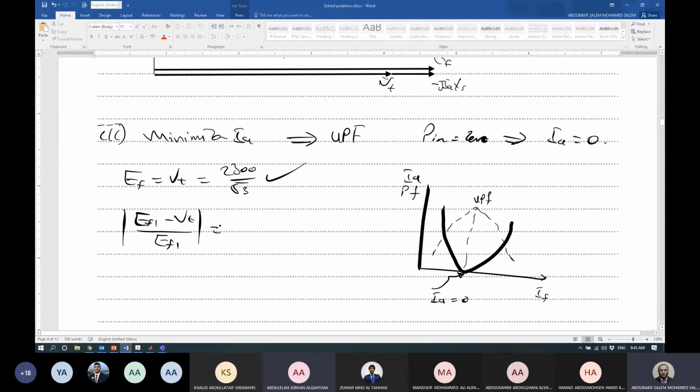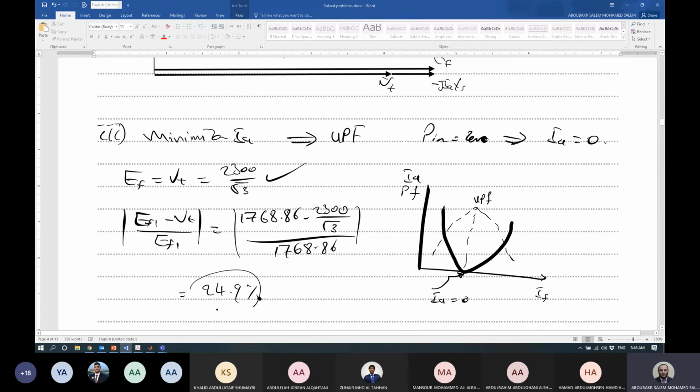How much is it? 1768. So 1768.86 minus 2300 over square root of 3 over 1768.86, and we need just changes. When you calculate this change, it will be 24.9%. So we need to change by 24.9%